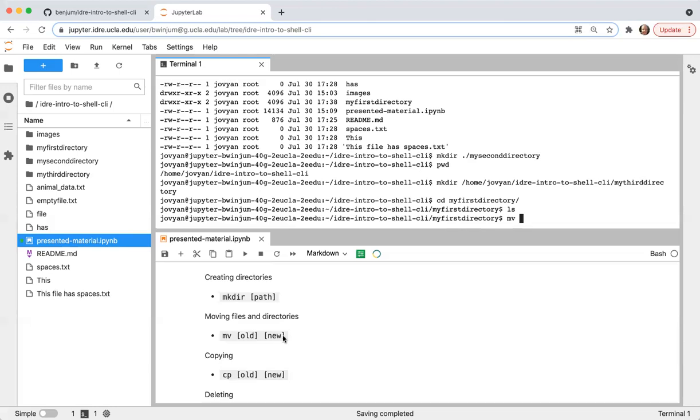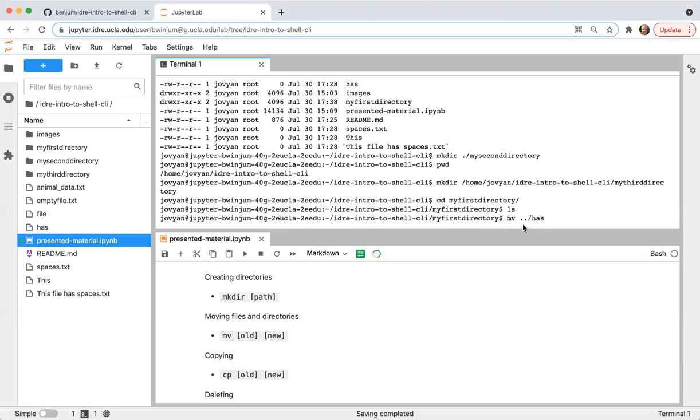So the name for the file that I want to move is has, in the parent directory, the one that's in IDRI Intro to Shell CLI. So the shortcut for your parent directory is the two periods. And then I include the slash because it's something that's contained inside of the parent directory. So the name of the file is has.